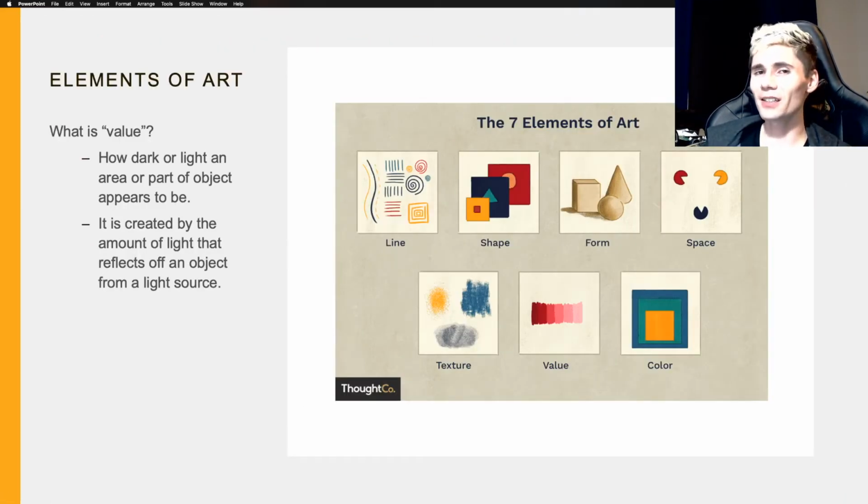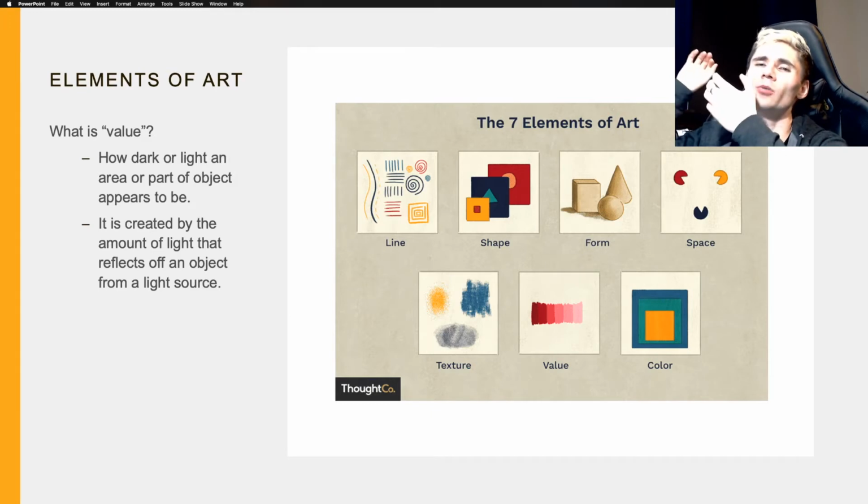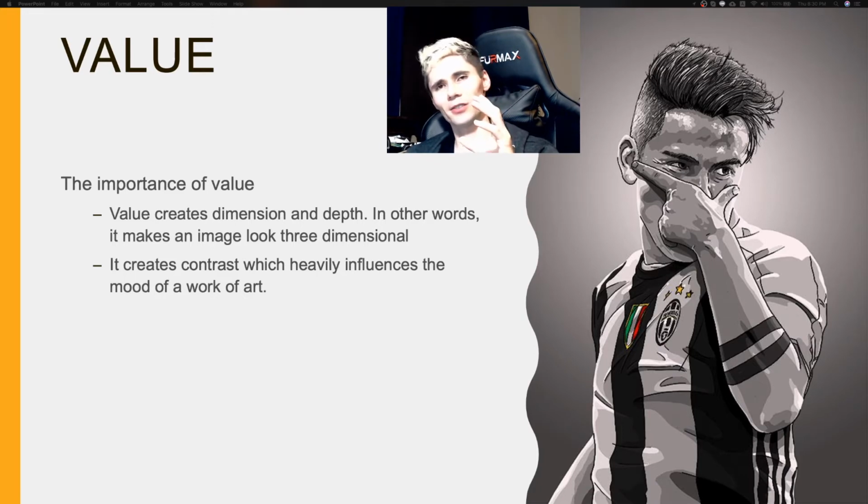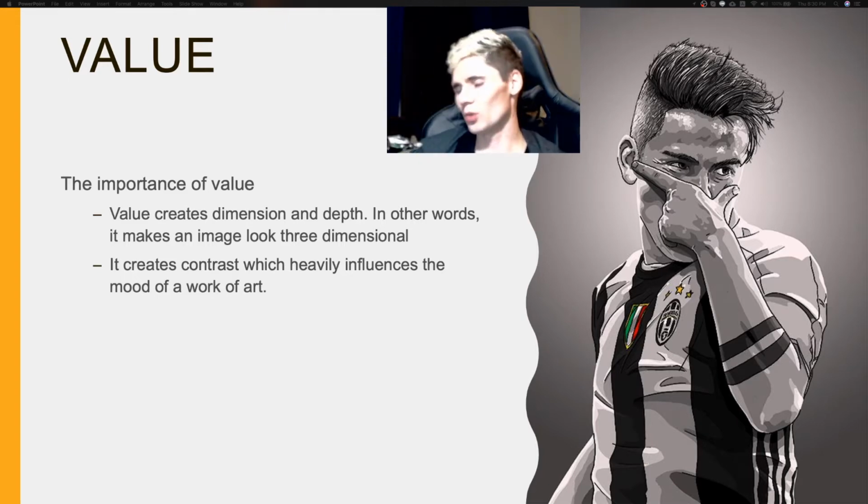So, I like to think of value as how dark or light an area or part of an object appears to be. And value is the result of how much light goes from a light source and is reflected back to us. Additionally, it's going to heavily influence the mood of your art. Usually pictures that are using very limited values, perhaps they don't use very many shadows, are going to have a quite different impression from an image that uses the whole entire value scale,